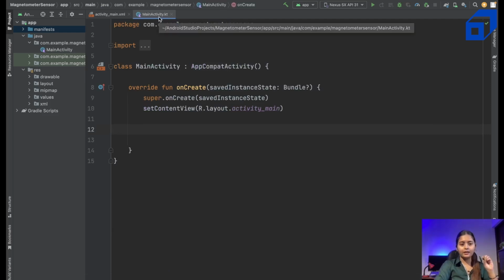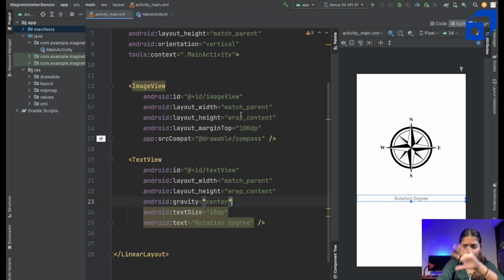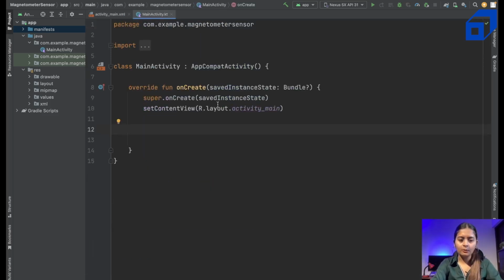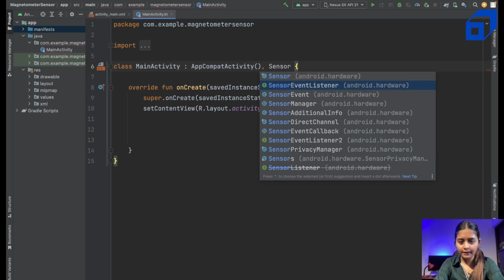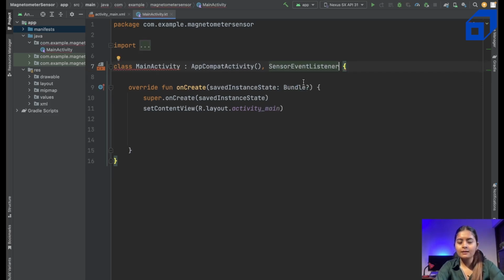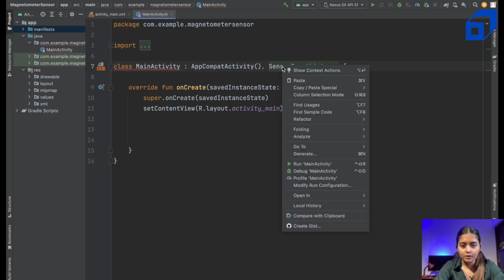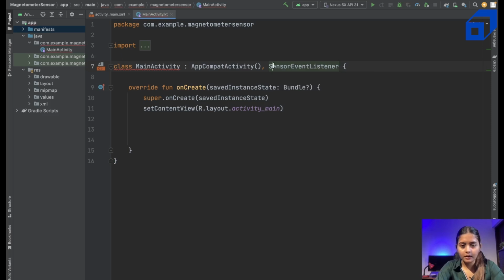Now we have to write the main code. We have added the image view, text view, all these things here as well. And now the most significant thing is to write the code here. While dealing with sensors, we need to implement an interface, that is SensorEventListener. As soon as you implement this interface, if you click on this one, with command enter once again,